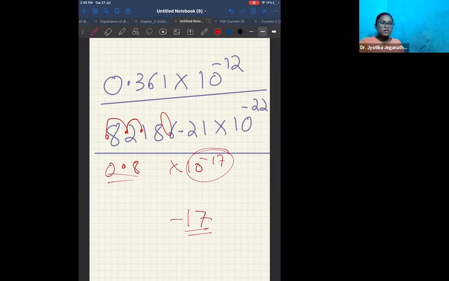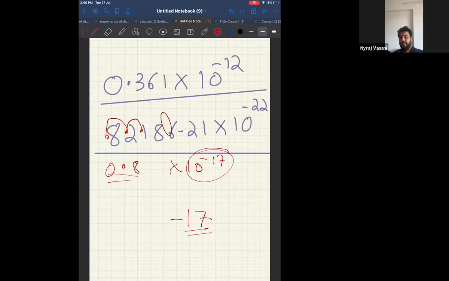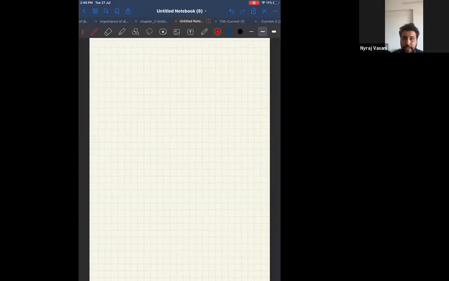More examples or comfortable? So today you did significant figures while adding, subtracting, dividing and multiplying. I hope you know the rules. Addition and subtraction have the same rules. Multiplication and division have the same rules. Then we did order of magnitude. Now everyone should know order of magnitude is a into 10 power n, where n is an integer, and a has to be between 0.5 and 5. Is this much clear?